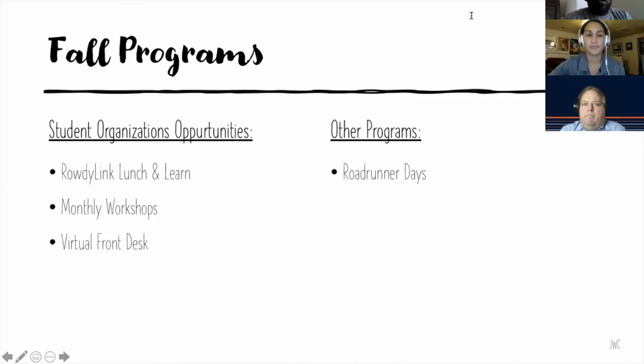We have a huge drive-through event happening at the beginning of Roadrunner Days that will allow individuals who are returning to campus and who just want to get a feel, particularly first-time students, incoming freshmen, and transfer students, to get a little bit of knowledge and awareness of what UTSA has to offer. But the drive will be open to everyone. It'll be a SoundCloud type of device with faculty and some staff around to wave and smile and welcome you all into the new semester. We look forward to it being a great time. Those are just some of the things that we have on deck for fall, and we hope to capture your participation.